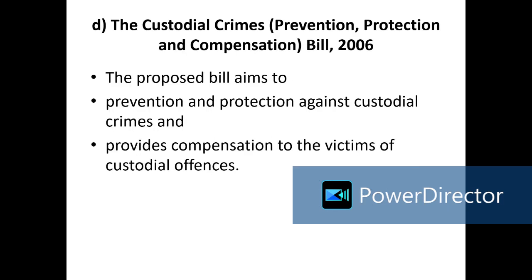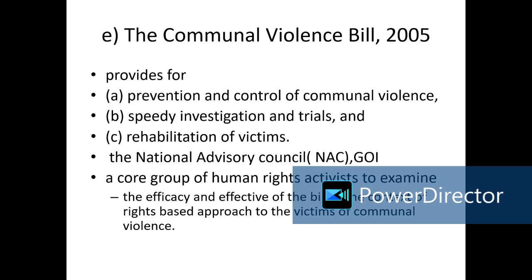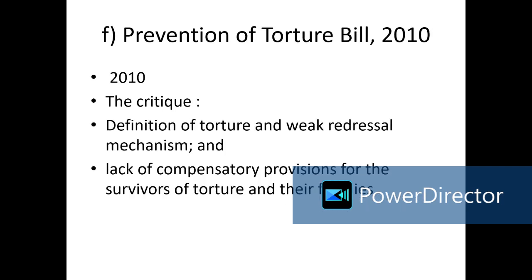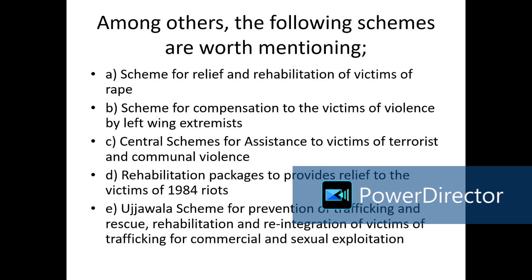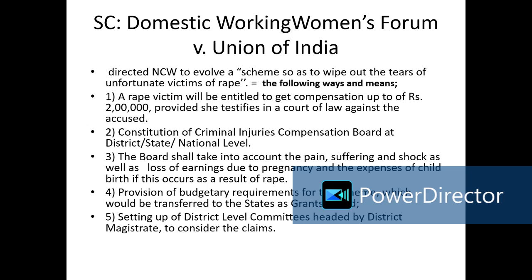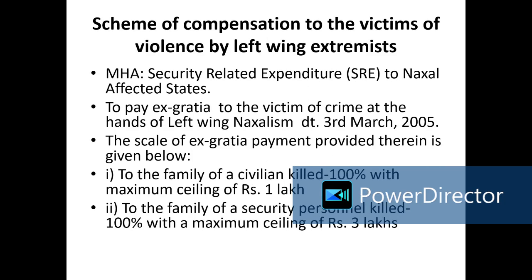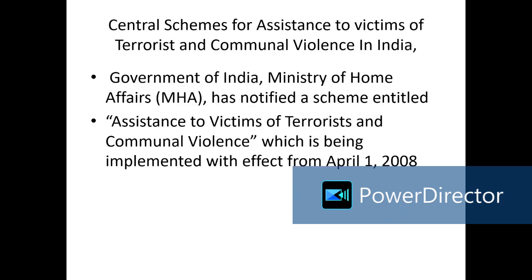Then, compensation to the victims in the special laws. As I told you, not only the major criminal acts, but there are also some special local acts which specify compensation schemes for victims. So let us see what those special laws are where there is an entitlement for the victim in terms of compensation. Now, under the Probation of Offenders Act enacted in 1958, if you see section 5 of that act,